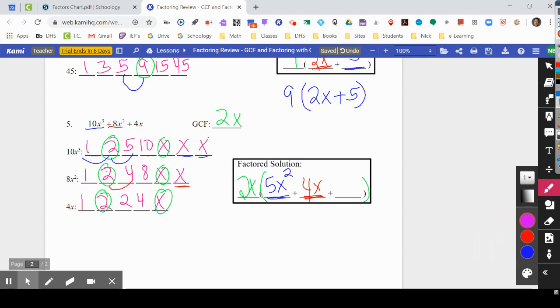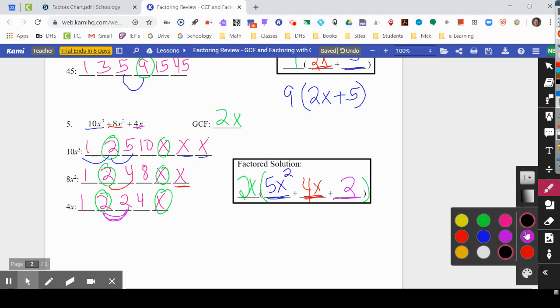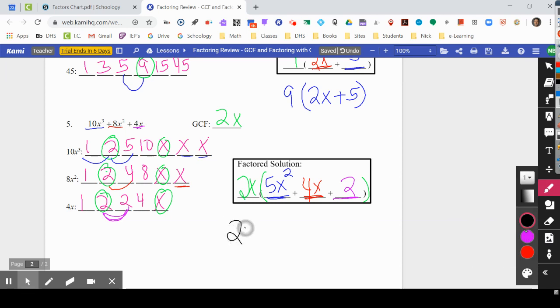All right, and I've got one more spot to fill here, right? 2x times what will give me back my 4x? Well, 2 times 2 is that 4. So that's where I'm going to put my 2 in here, right? And I don't have any extra x's, so it just stays as the number 2. And right, 2x times 2 gives me that 4x. So I know I have the right solution now. All right, so my factored solution is going to be 2x times 5x squared plus 4x plus